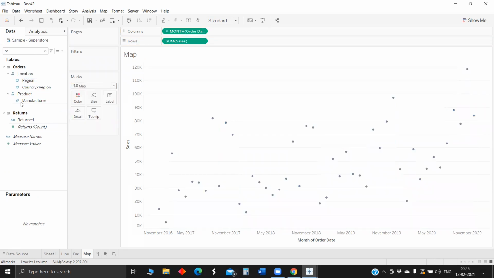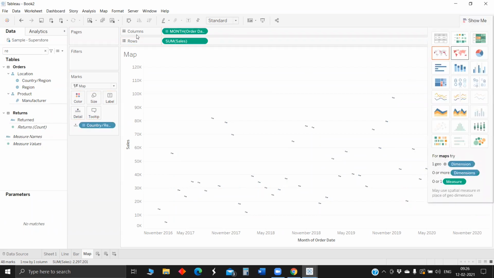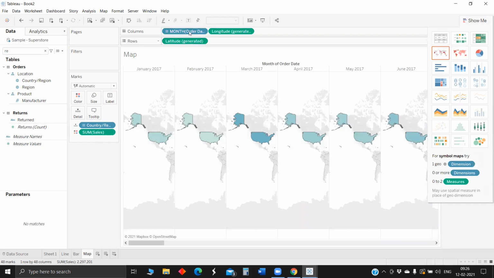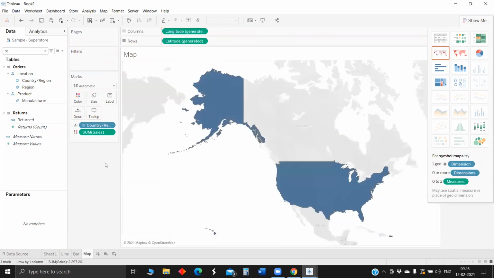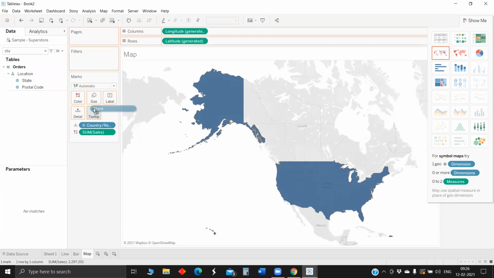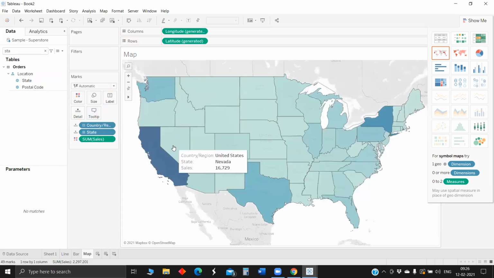Convert this to map. Drop region to detail, Show Me. Let me remove the month of order date. So now we got country or region. Maybe we'll drop the state so it looks better. Okay, so now we have the map visualization also.